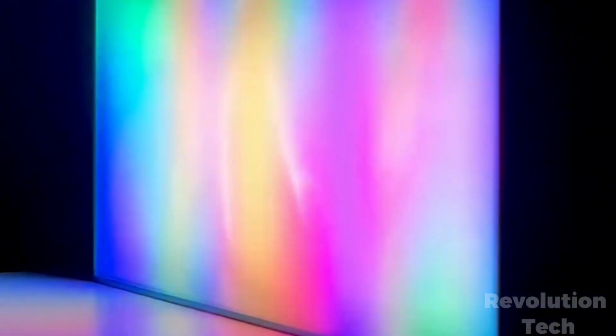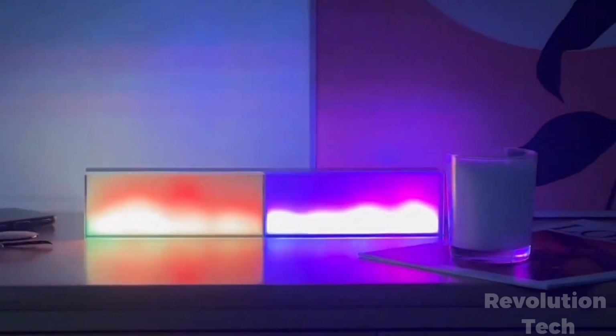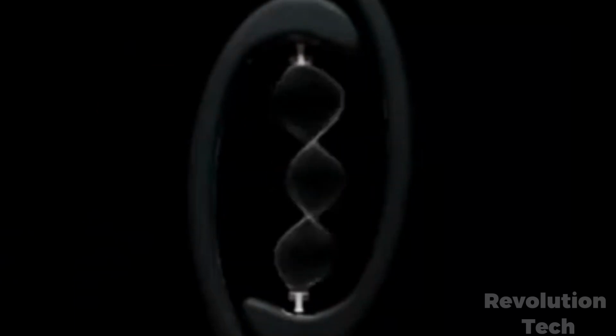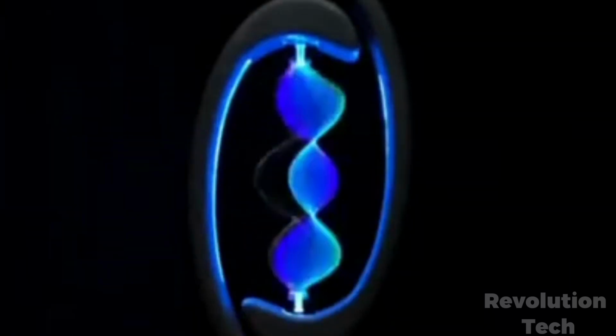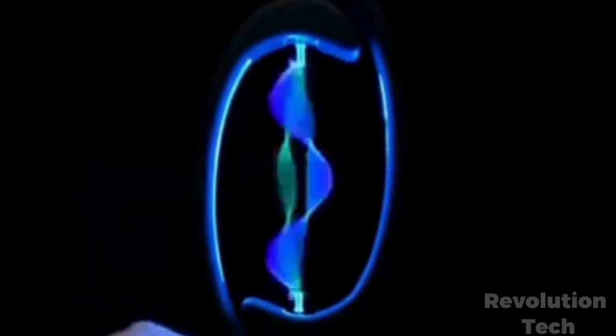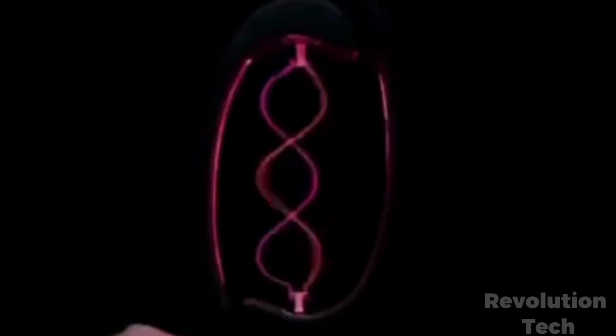Whether you want to create a vibrant, energetic atmosphere or a calm, relaxing ambiance, the Neon Crystal Cube is the perfect lamp for you. This peculiar lamp is not just any ordinary lamp. It has the power to create a magical and mesmerizing atmosphere in any interior space. With its unique construction, a nylon string bound between two motors creates amazing standing waves that can be seen and